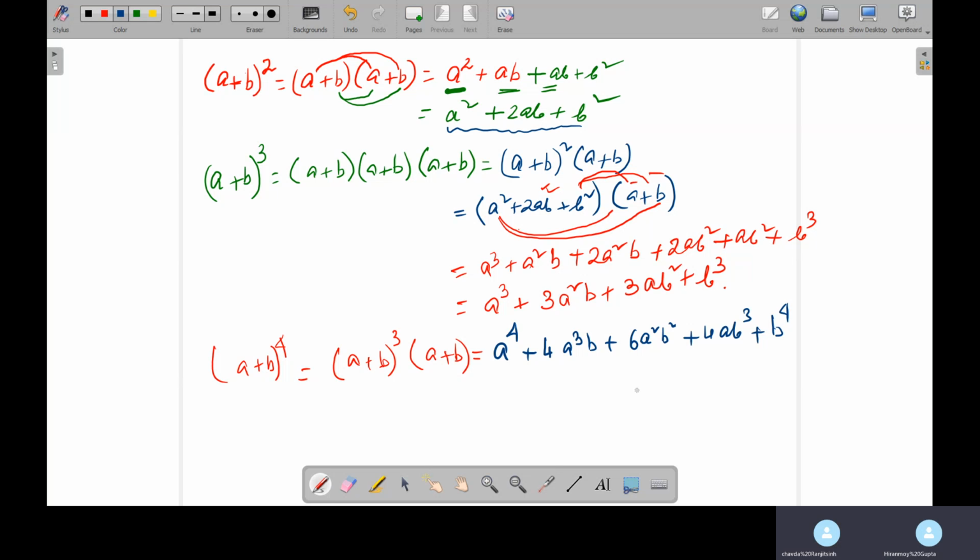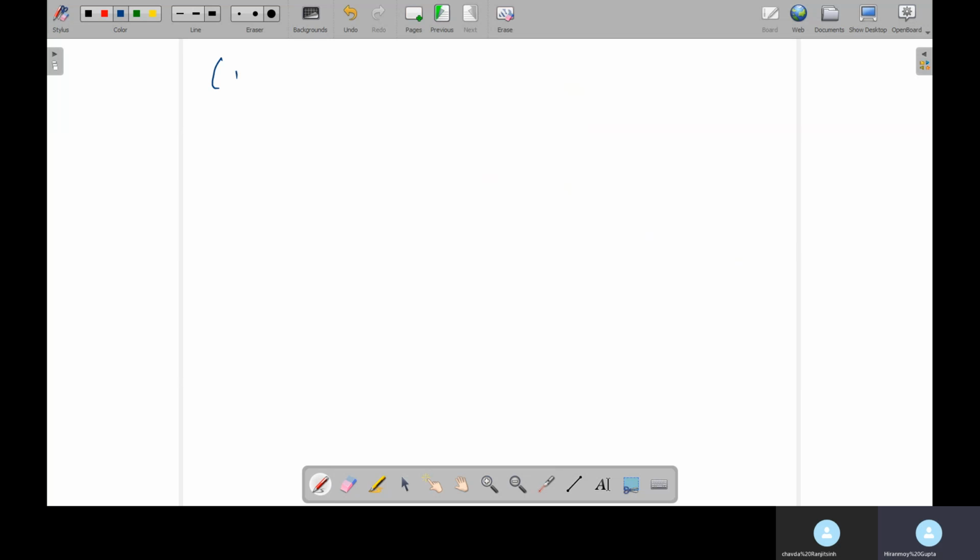Let me make sure really quick. Okay. Now, if I start increasing the power, instead of a plus b whole to the power 4, if I write 5, and slowly I started increasing and writing a plus b whole to the power 100, then going to a plus b whole to the power 1000,